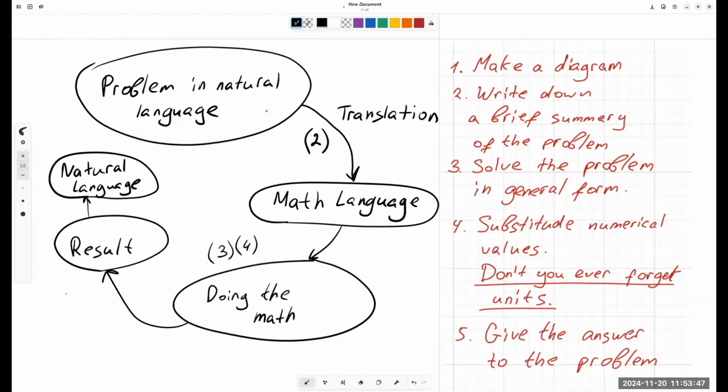The answer would be the charge is number, not just number with units, but the whole sentence in natural language. So give the answer to the problem, formulate this answer in natural language. This is the moment of translation from the language of math to natural language again. And I didn't think about it this way before we had this conversation with Polsha, and I'm really grateful to her for her questions, because suddenly I see, and I can formulate this for you, the